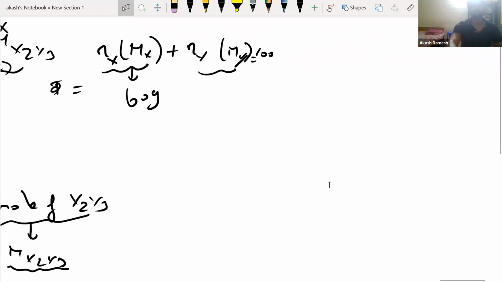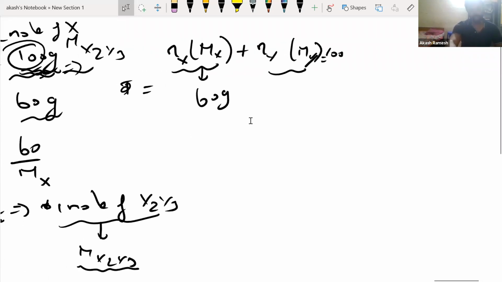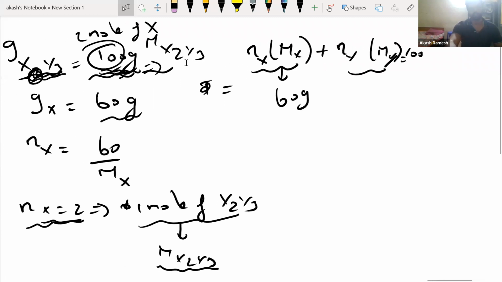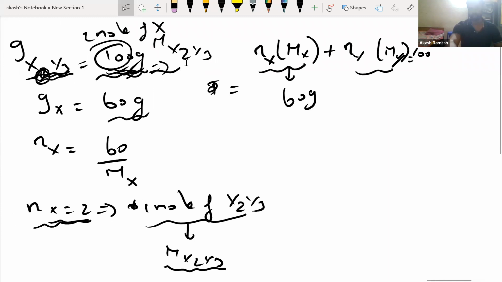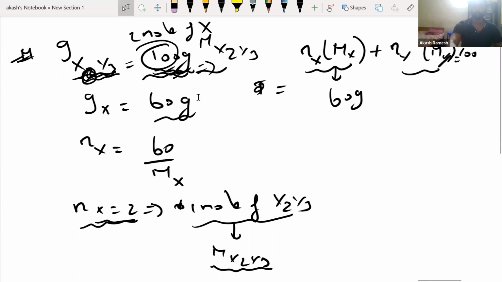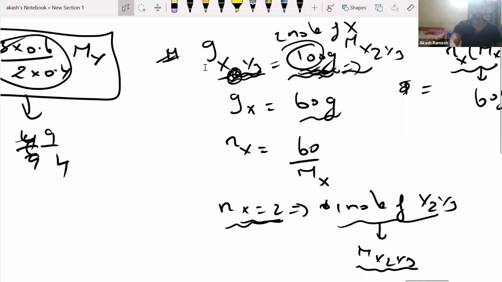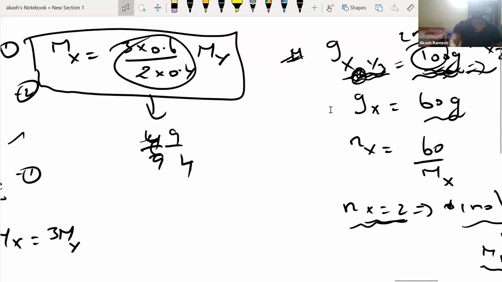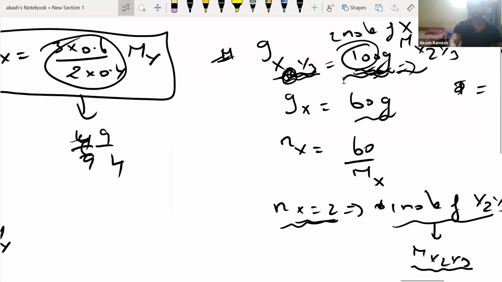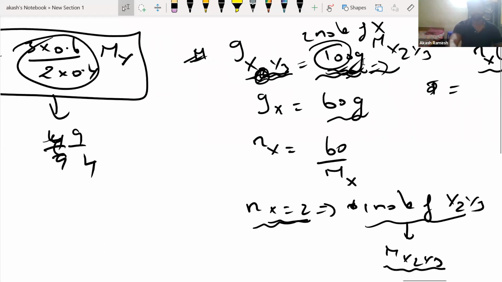Actually, you can assume to be 100 grams. That is, the molecular mass of x2, y3 can be assumed as 100 grams. Actually, it is correct. Why? Because we don't know, in this question also, we are not finding the exact numbers. We don't know the atomic mass of x. We don't know the atomic mass of y. So if that's the case, you can actually take the total mass, that is the molecular mass of x2, y3 as 100 grams. So then this can be made as 2. Yeah, that will work. It is absolutely correct.